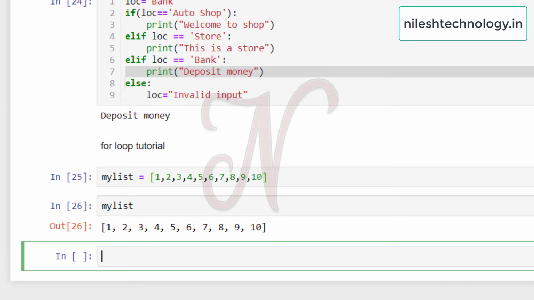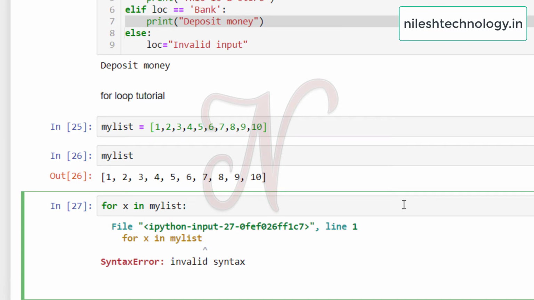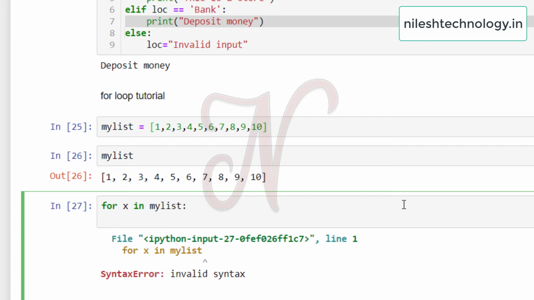We will try to print this list by using the for loop. So for, then one variable, then in, then the predefined collection, which is my_list, then the colon and enter.